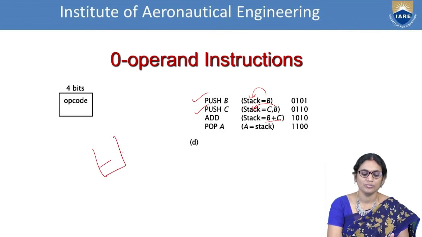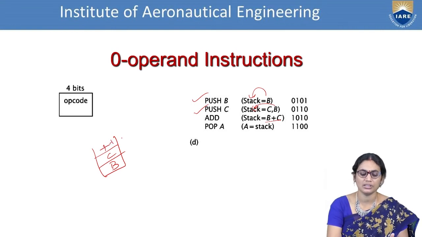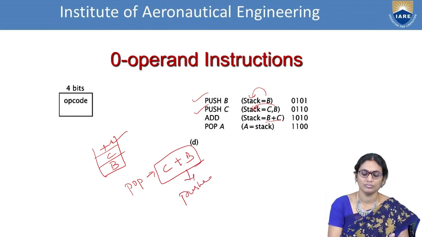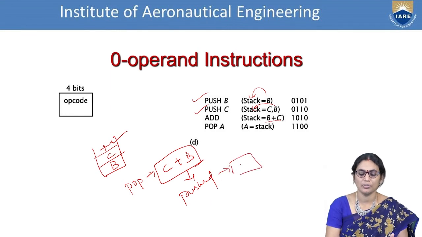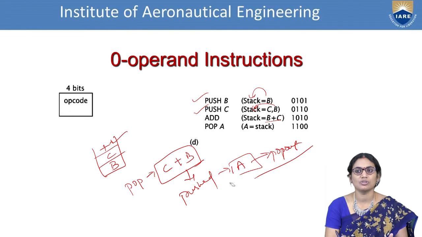So initially the stack is loaded with B, then the stack is loaded with C. Now it is loaded with plus. Now when the operator has been received, it has to pop out C and B, add them, and give me the result, and it should be pushed again. So this will be fed with the value. Now this has to pop out. So in this way, you are performing the operations with respect to the stack.